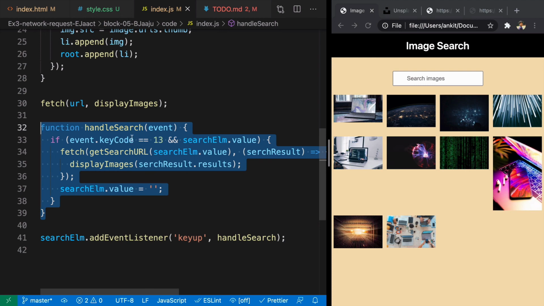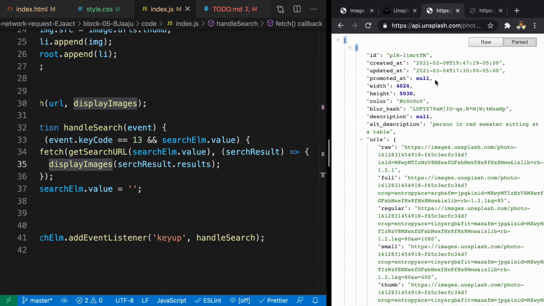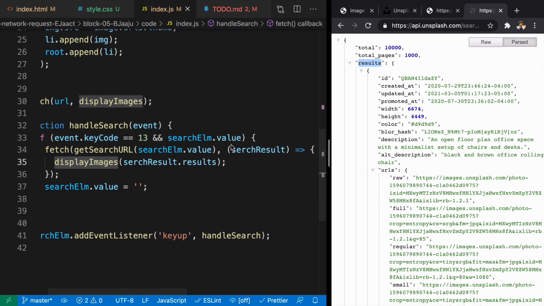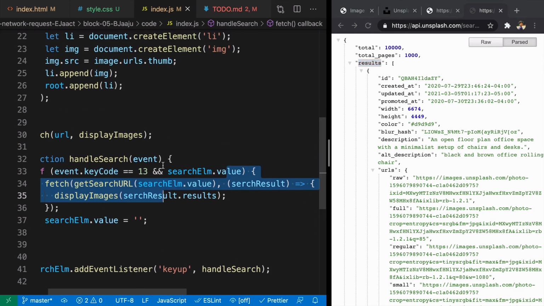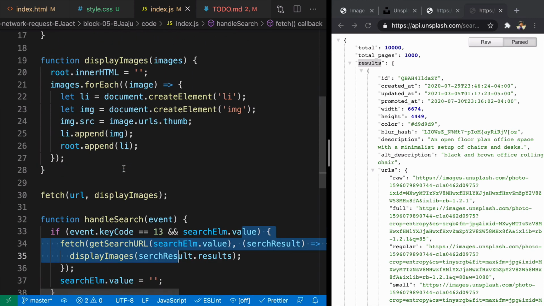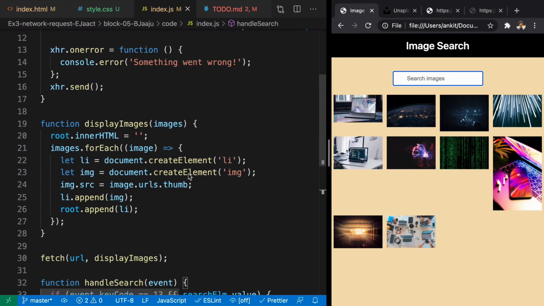And if the key code is 13 and there is some value inside search element, we are going to fetch data. So one thing that was happening here is in one case, the data was coming as an array. In another case, it was coming as an object. And that's why we had to do something like this here. But the best part was we were able to use display images in multiple conditions because of this paradigm. So in this way, we have completed this exercise.